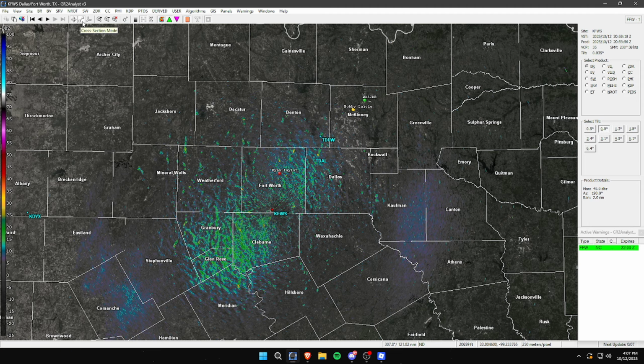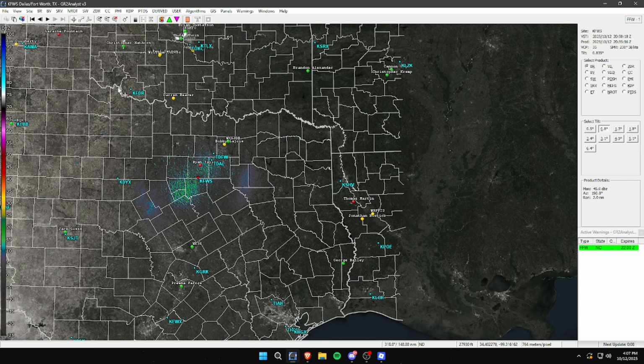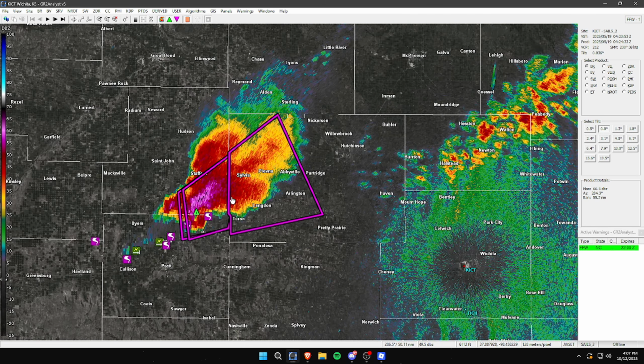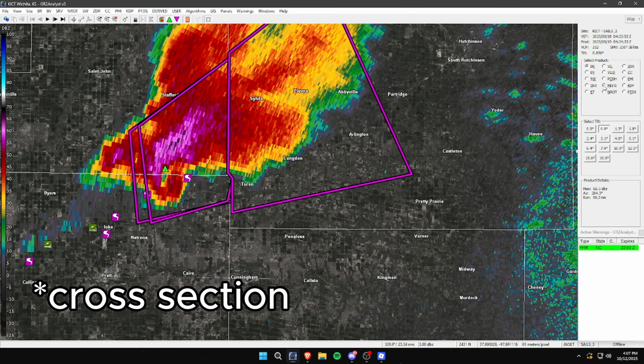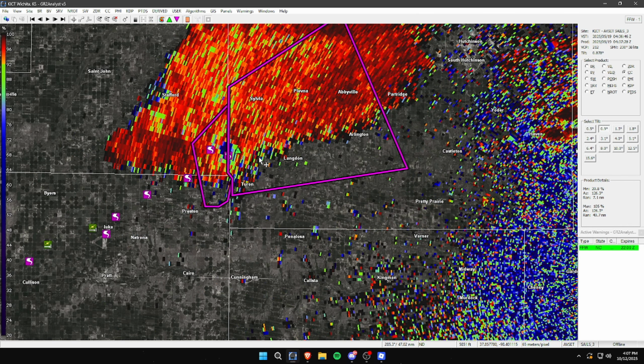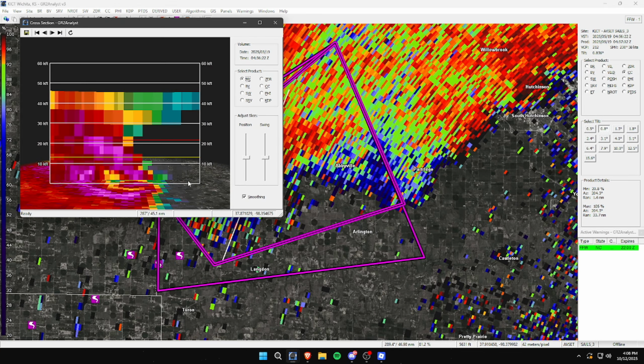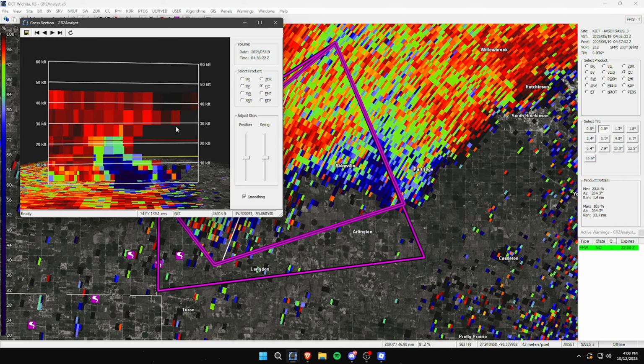Okay, now this is where it gets a little good. This is why I love this app: cross-section and volumetric mode. So let me load up some radar data and I'll show you what it looks like. I'm going to go for cross-section first. This is very useful. Say there's a very large debris ball. Like Plevna, for example, had a very large debris ball. You would cut that like that and click CC, and you would see